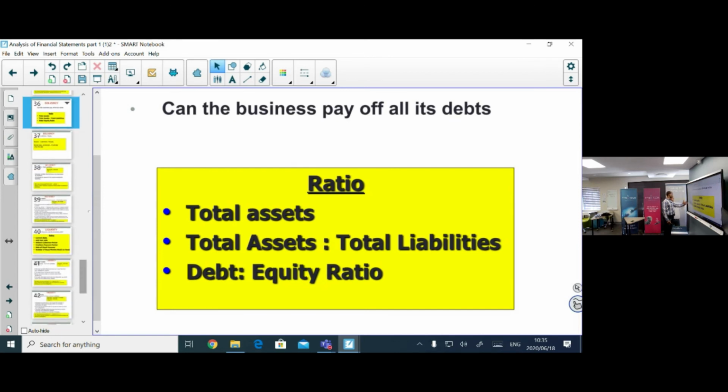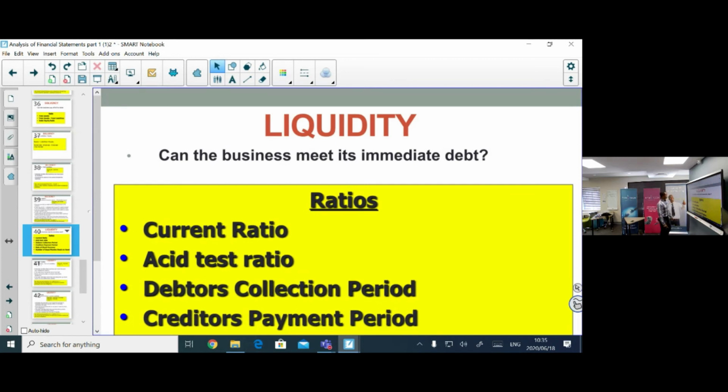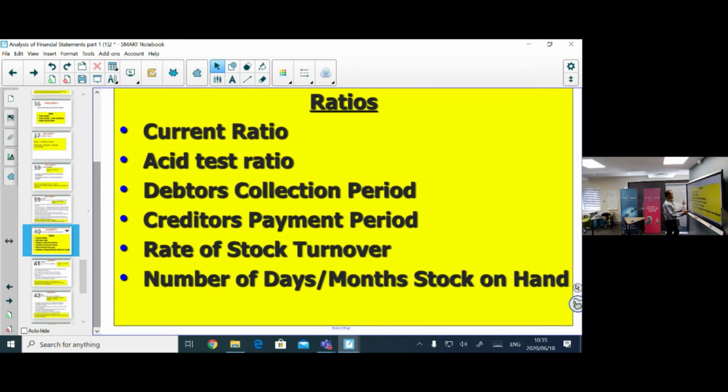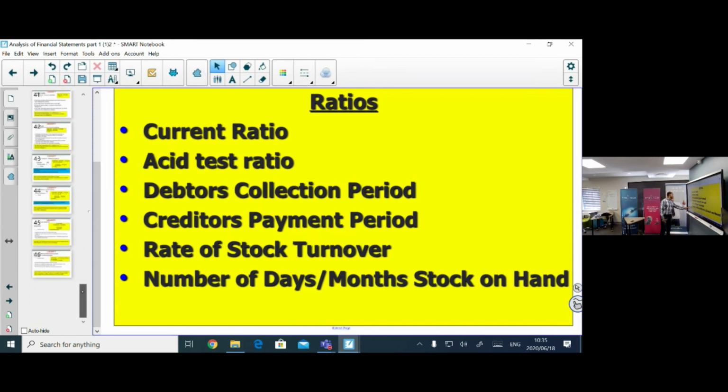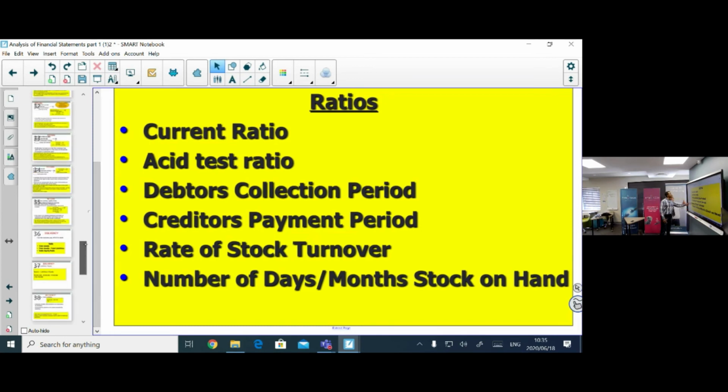And we've got what we call liquidity: current ratio, acid test ratio, debtors collection period, creditors payment period, and the rate of stock turnover, number of days, months, stock on hand. So we'll be doing quite a few examples on this. So remember, we've got,